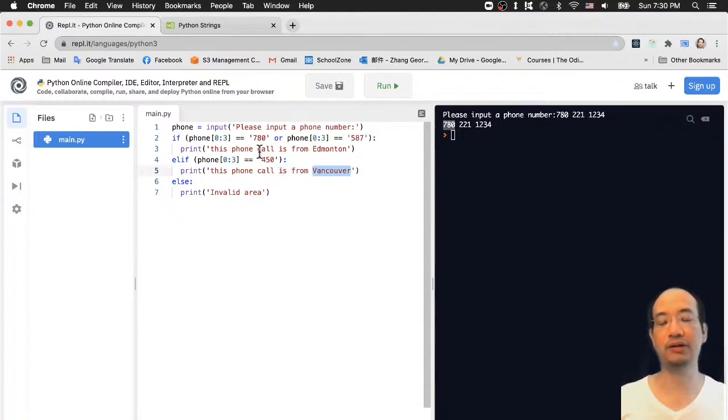As long as you know the area code, you can continue with this program. And of course you can use if, else if, and more else if, and every block can say which city it is from. And that's the homework I want you to do for this week. Okay,